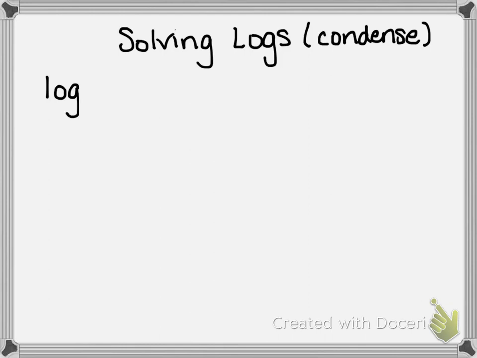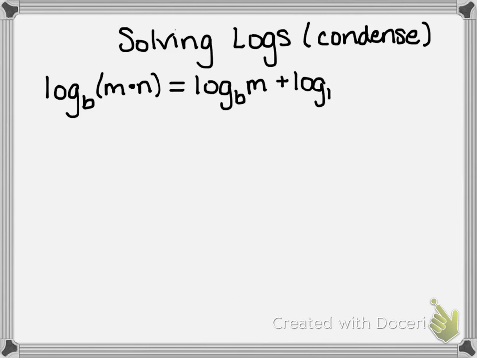One of the log properties says that if you have log base b of m times n, so the two things inside of the log are being multiplied, then it can be expanded and you can separate them into their own individual logs with addition. And of course, the property works backwards as well, and we're going to be using it backwards here in just a minute. And so if this property says that multiplication results in addition,